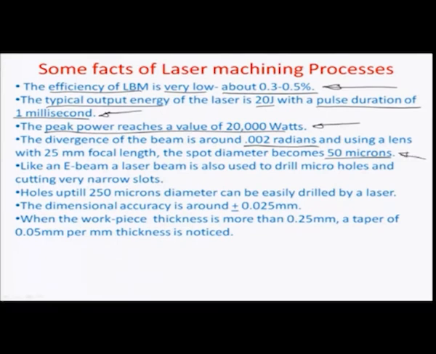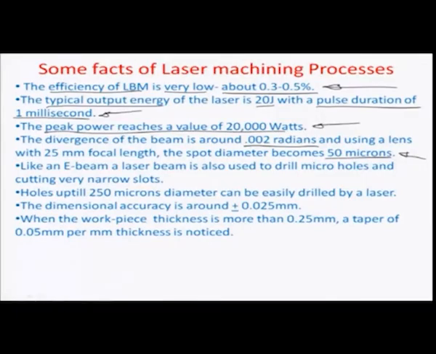These days, the limit has been pushed in laser lithography systems to close to 2 to 3 microns, and that is how low you can get the spot size with the optical technology getting developed in parallel. Like an E-beam, the laser beam is also used to drill micro holes and cut very narrow slots. The resolution of these systems has the same amount of fineness as E-beam systems, and holes up to about 250 microns in diameter can be easily drilled by a laser with a dimensional accuracy of around 25 microns,